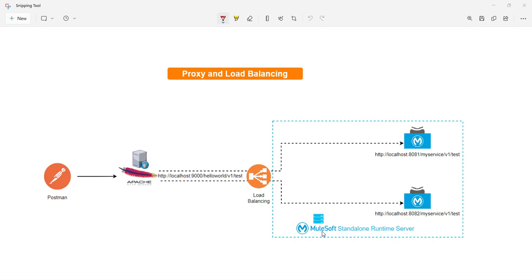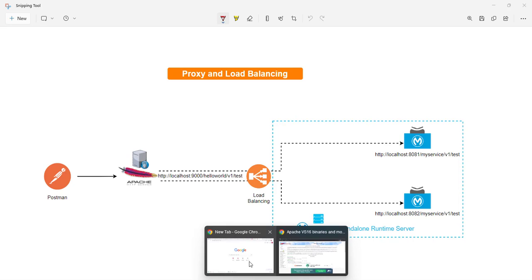In this case, our actual application server, we can think of as the MuleSoft standalone runtime server, because our actual service, which is a Mule service, is running inside the MuleSoft standalone runtime server, right? So for proxy as well as load balancing, for both implementations, we are going to use the Apache HTTP server. For doing that, first we need to download the